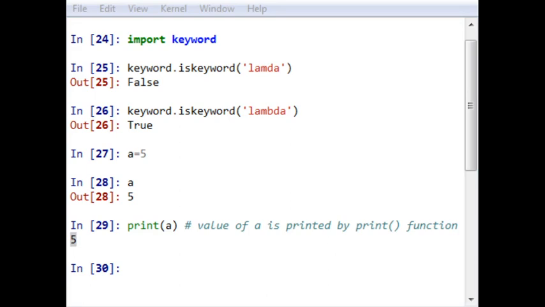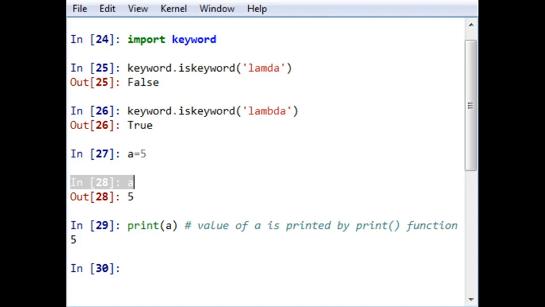What I want to mention is that the value of a variable can be printed by the Python REPL. By REPL I mean that by simply writing the variable name and pressing the enter key, it will show you an output.